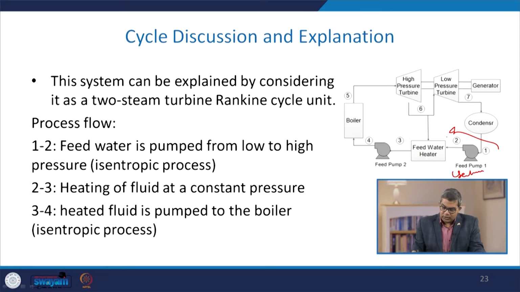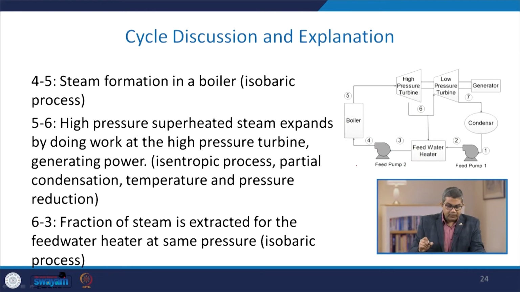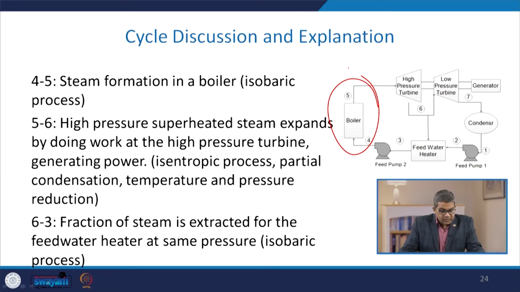Now, from station 2 to 3, the heating of the fluid at a constant pressure, and from 3 to 4, the heated fluid is pumped to the boiler, and that is again an isentropic process. And from 4 to 5, steam formation in a boiler, that is an isobaric process. And from 5 to 6,